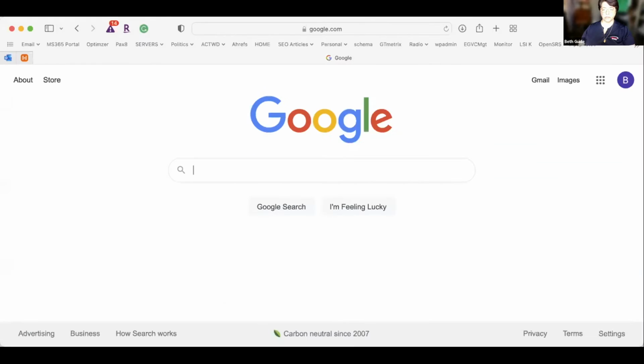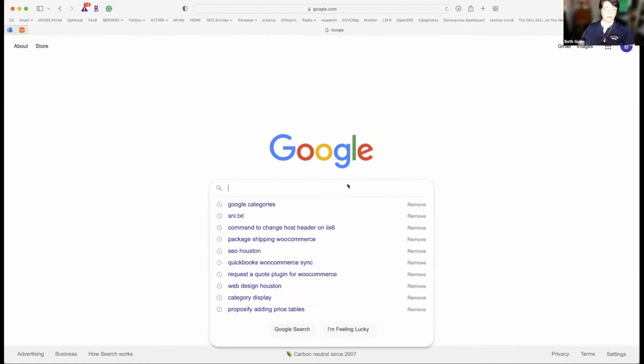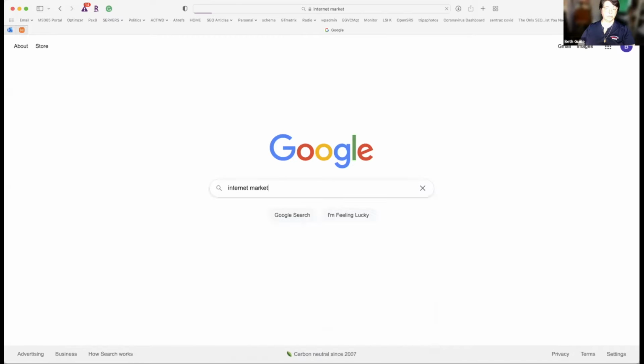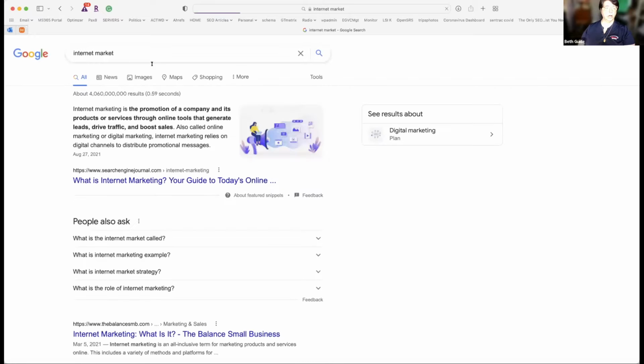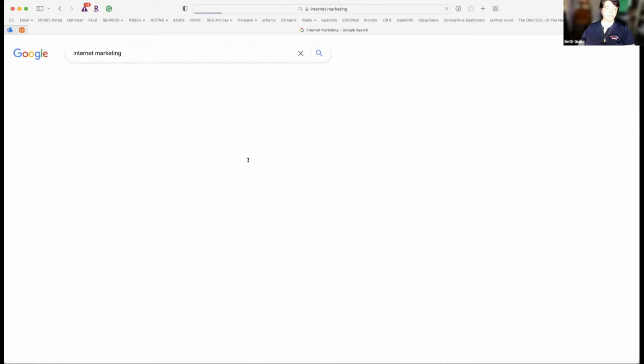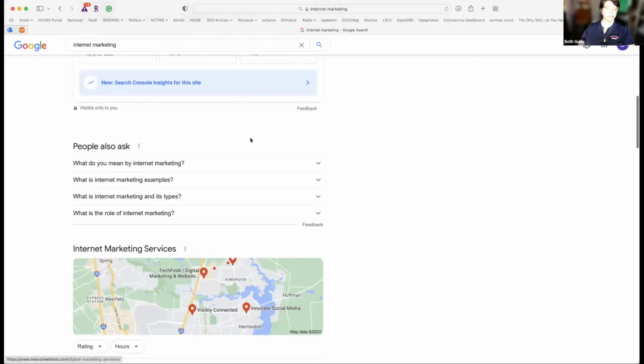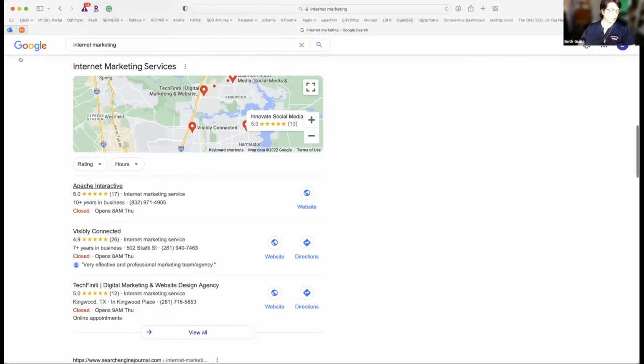So before I start, I just want to set the stage for everybody: when you put in a search, Google makes a determination whether you want something that is far away from you or something in your backyard. I'm even going to go as far as to say something like what I do, internet marketing. If I put that in, you're going to find out it's a local search. So when you look at your business, you can determine this: if a map comes up, you know it's a local search, and that's how we're going to have to function.